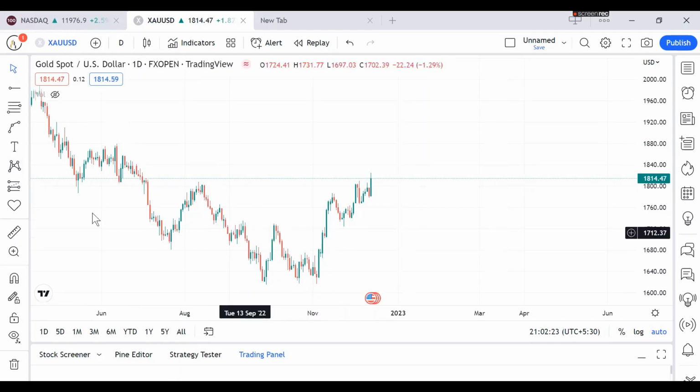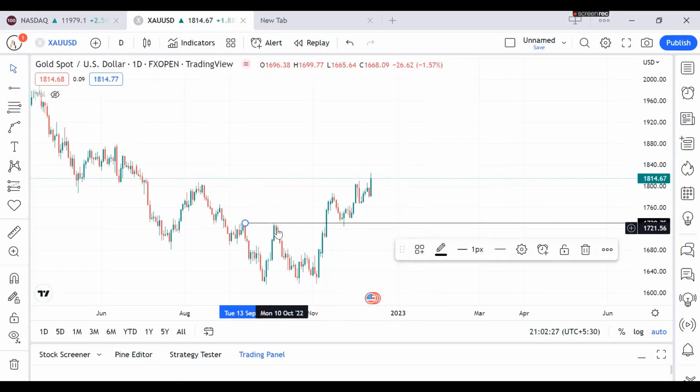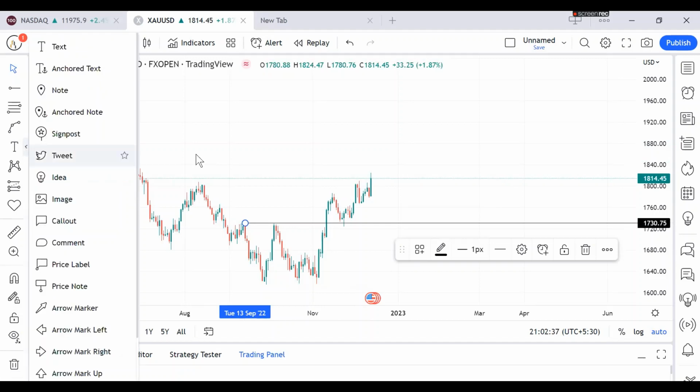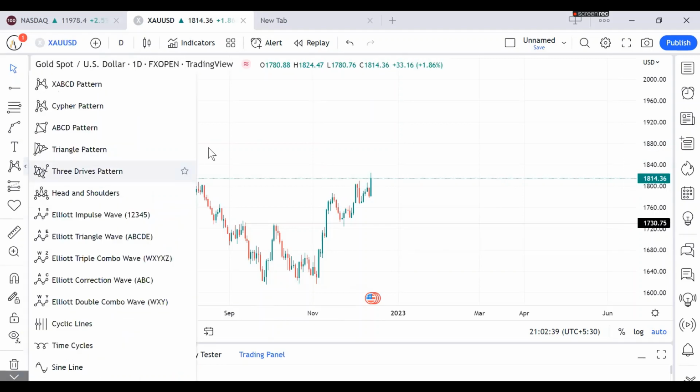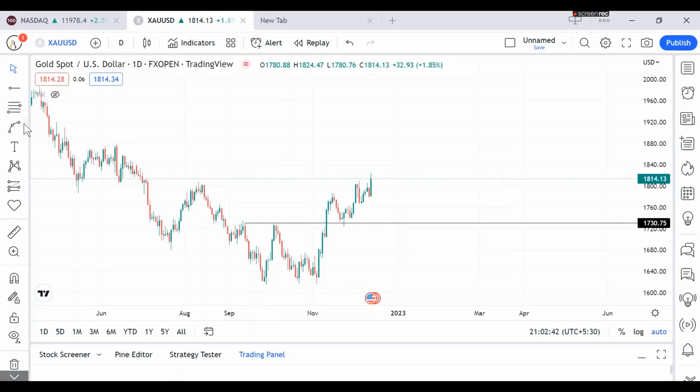It broke this level here. There's a level that was formed here. So the market broke here, sort of like forming another demand zone here. You can see there was a demand zone here. Let us mark this properly so that everybody can see it. Okay, if you mark this like this,